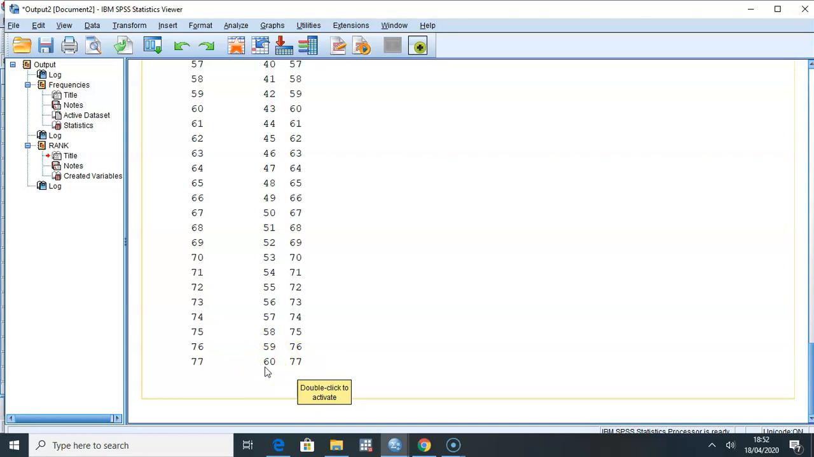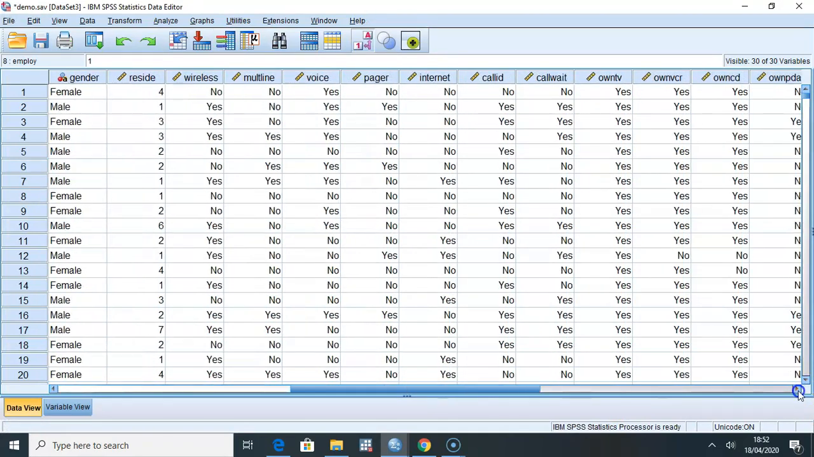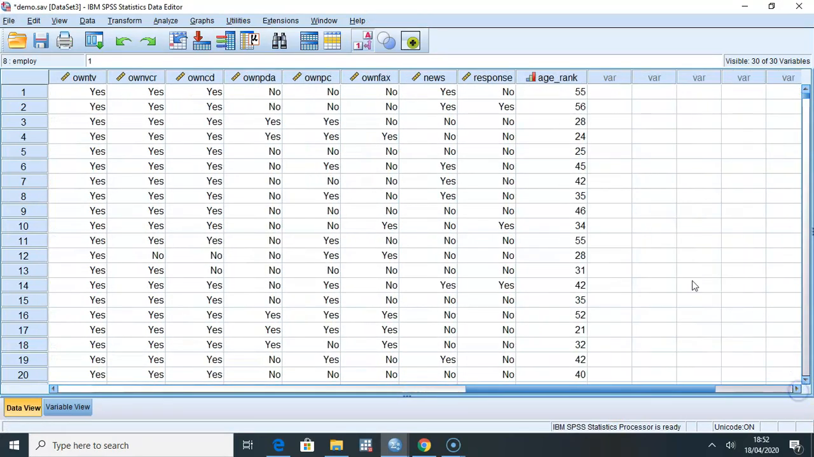These are not the number of people who were 77. But when you rank the ages from the youngest person within the dataset up to the oldest person within the dataset, 77 years of age would be ranked 60. Now I would like to go to this dataset. Remember, we created a new variable called age rank, and this would actually be feeding into